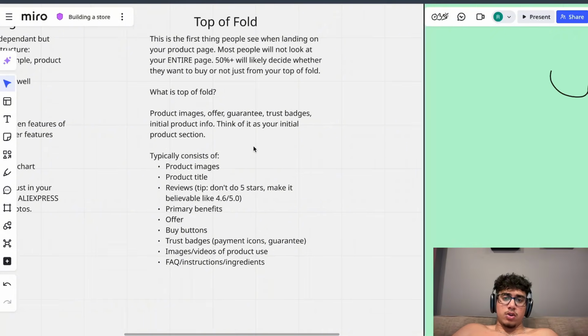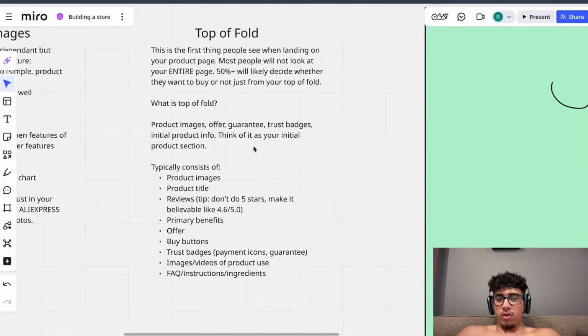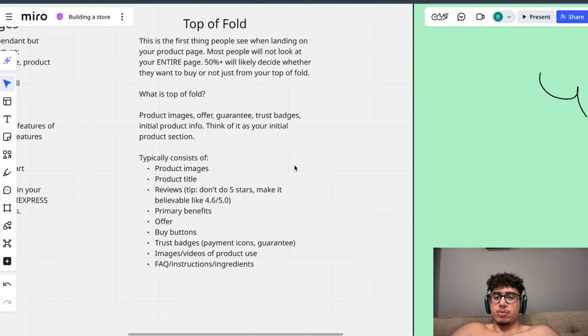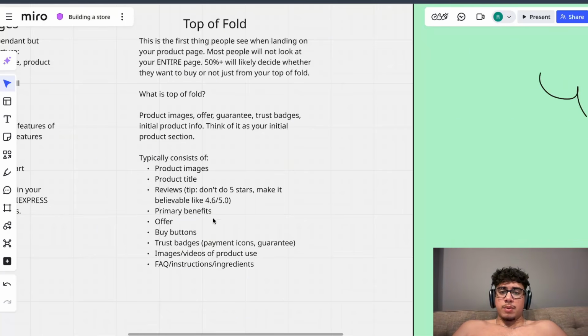So what would a good hero section, or top of fold, look like? It typically consists of product images, product title, reviews, right? By the way, tip, do not just do 5 out of 5 stars, right? It's just not realistic. Make it believable. Put like a 4.5, 4.6, right? It's a good rating, but at least there's some people, like it works for most people. That's what people want to see, right? Not that it works for everybody. So there's that. Reviews, primary benefits of your product, your offer, the buy buttons, trust badges, like payment icons, guarantee,